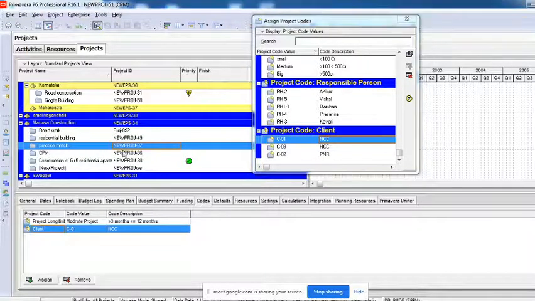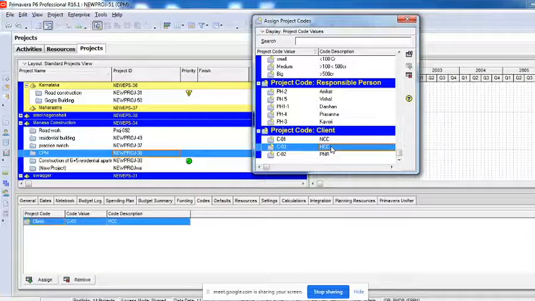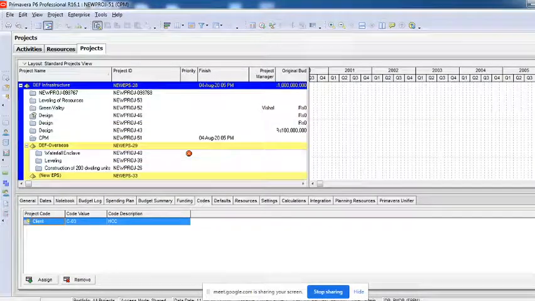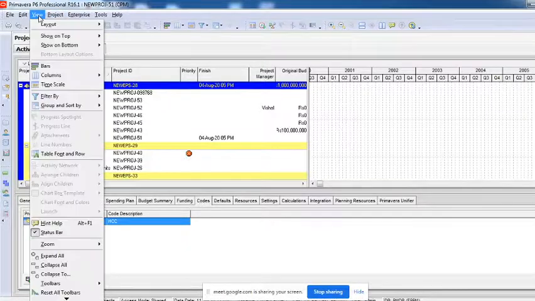Nice, no? So I'm randomly just selecting these and assigning the values to it. Let me not do it for all, so I've assigned for a few. Now next, what? First we created the codes. Then after creating the codes, we created the code values. Then we came out of it, clicked on the project, went to the detail window, and started assigning the values to it, right? After completion of so much, you will have to click on view.